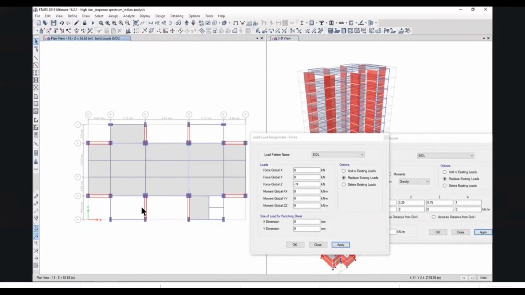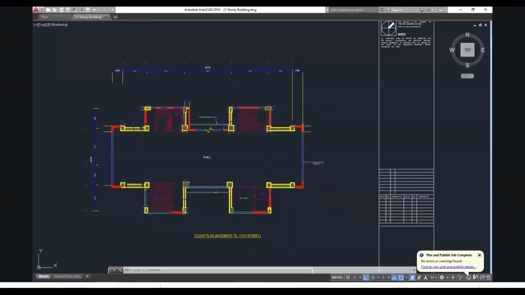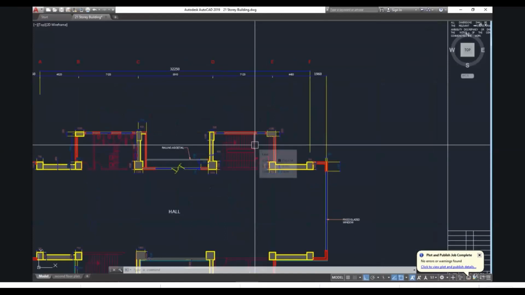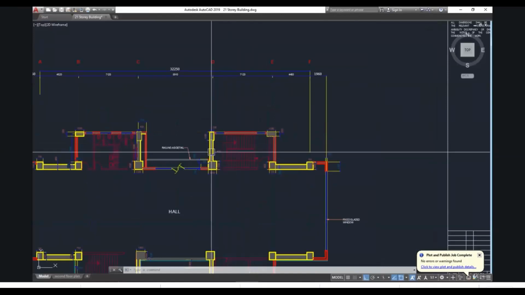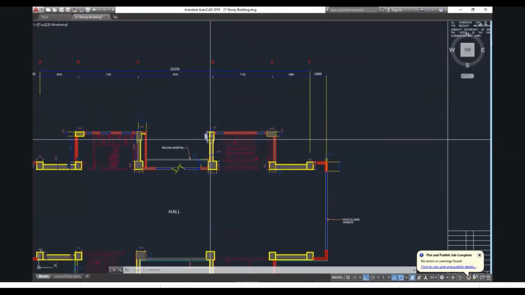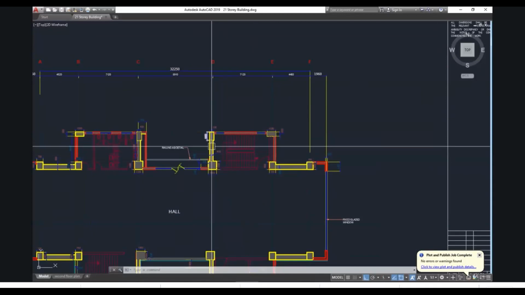Now the staircase loading for SIDL load case is complete for this area. Similarly, we have to calculate the loading for this area also. Before that, we need to understand whether we need to model mid landing beams or not. Here in this area, you will see that mid landing beam will not be required, as